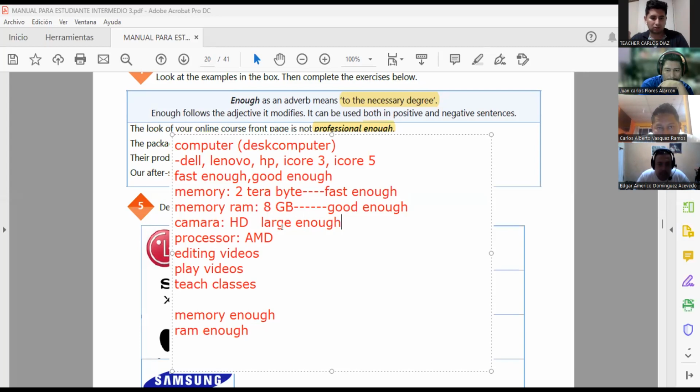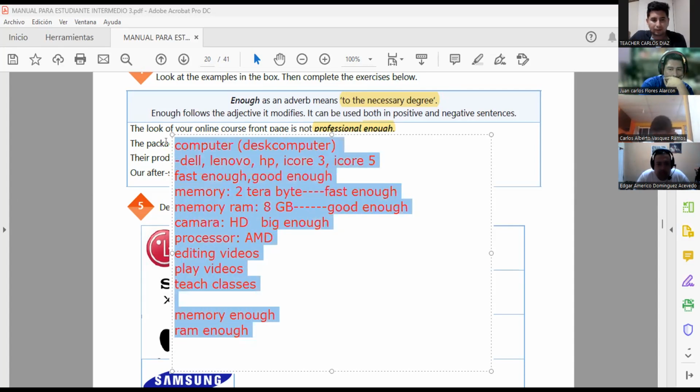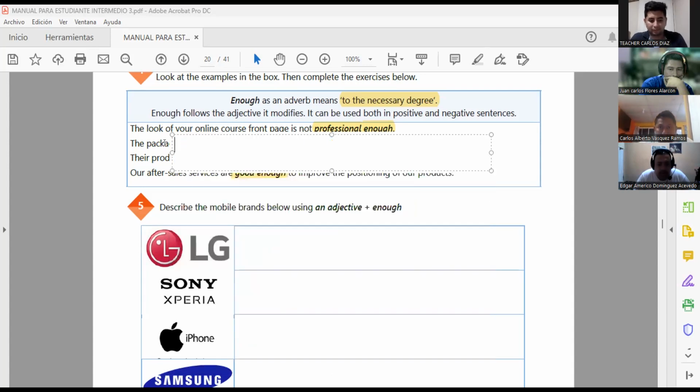It's large enough for me. Or we can say it's big enough. Are you listening? Yes. It's big enough. For me, it's big enough for what I need. The computer is big enough. Yes? Are you listening? Mr. Horacio, do you understand? And other people, teacher, use the computer for play only. Okay, listen. If you want to use this, you need to see the characteristics of the product.